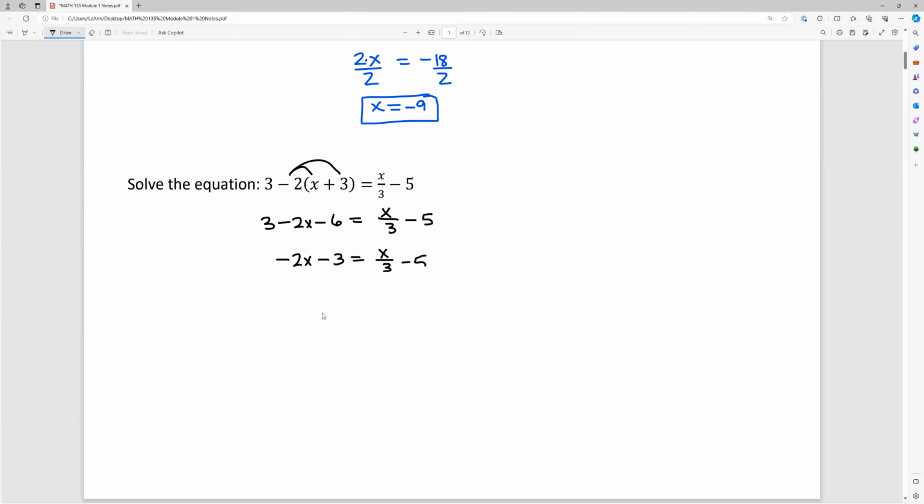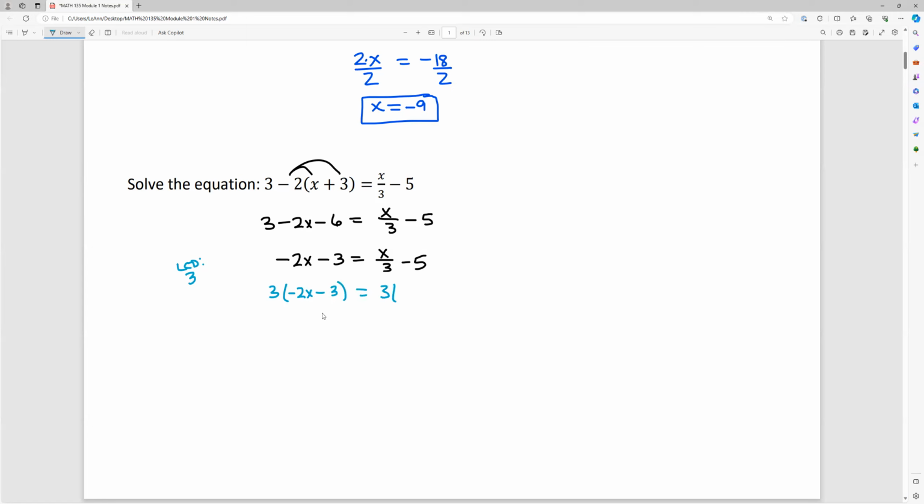Now, you have a couple choices once you get to this point. You could try to solve it with the fraction on that x intact. You can write that out front as 1/3 x. The only issue with that is when you move your x's over to be together, you will have to get common denominators, because to add and subtract fractions, you need a common denominator. A method we use a lot in our algebra courses is to multiply through by the LCD, the least common denominator. Since we only have the one denominator here, our LCD is that value. So if we multiply both sides by 3,